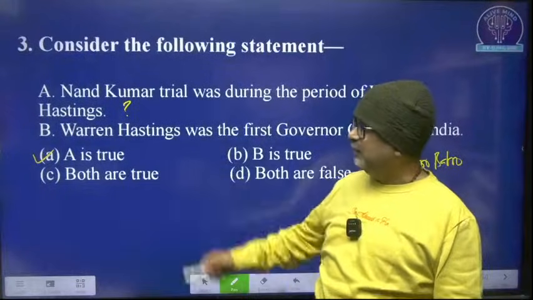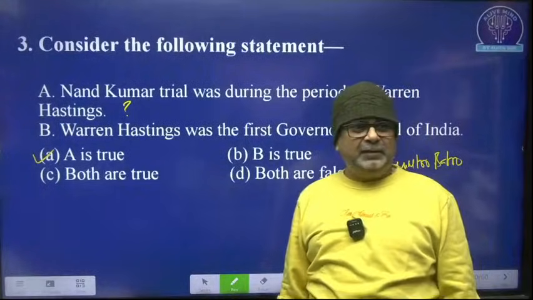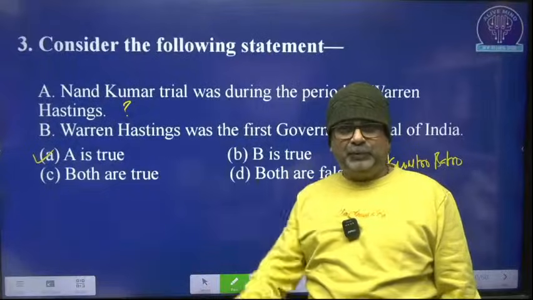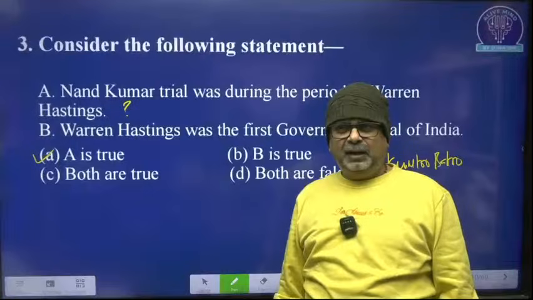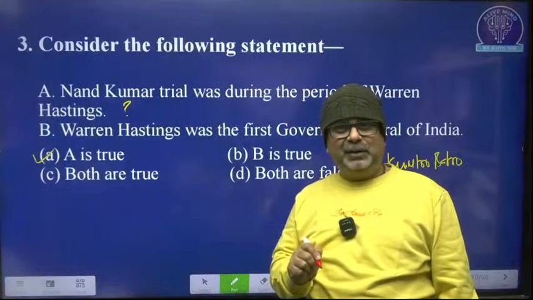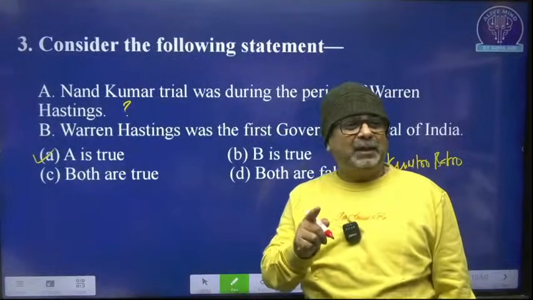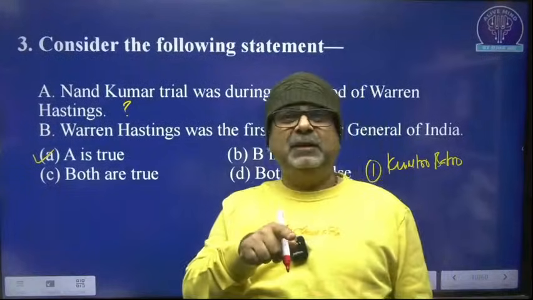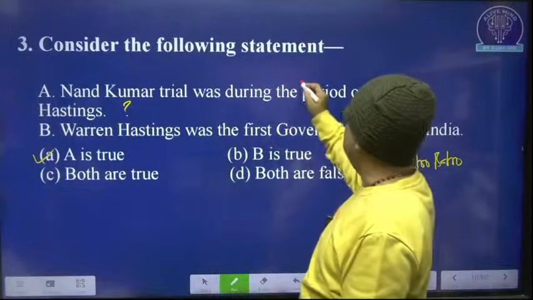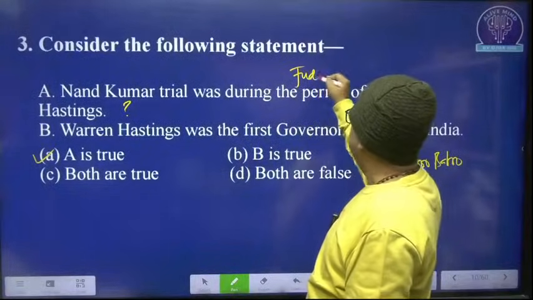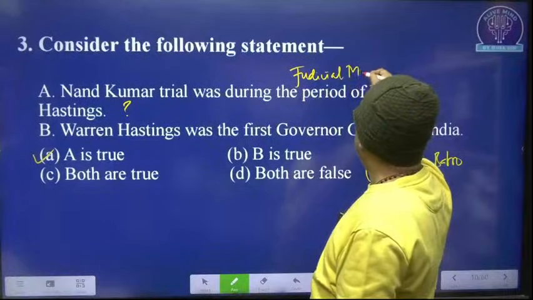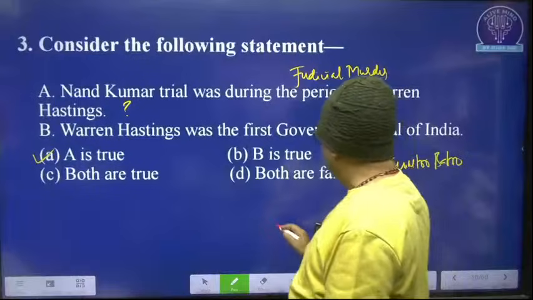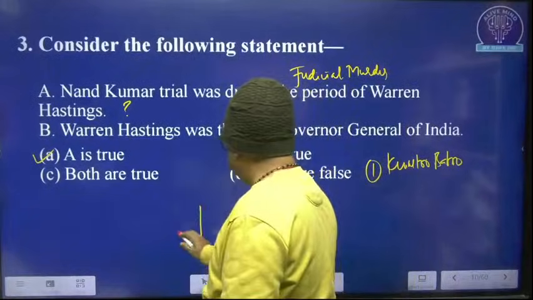And what did Warren Hastings do? His friend Elijah Impey was the Chief Justice of the Supreme Court of Calcutta at that time. He files a case at 8 a.m. in the morning. The hearing took place at 2 p.m. in the afternoon and the hanging took place at 5 p.m. in the evening. This case is called in history judicial murder.